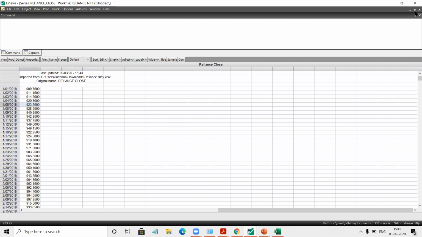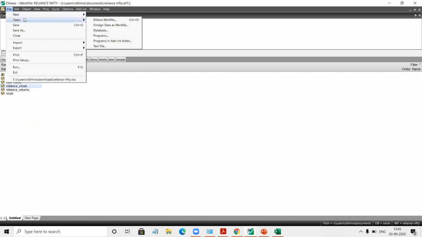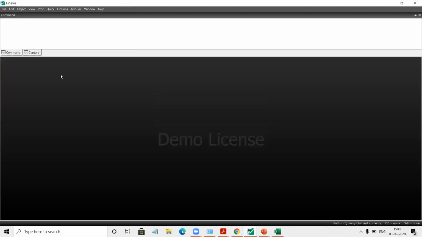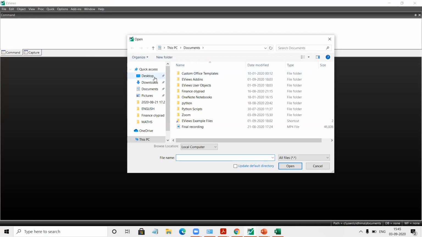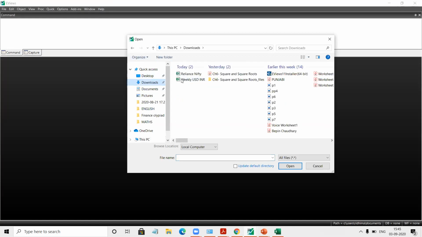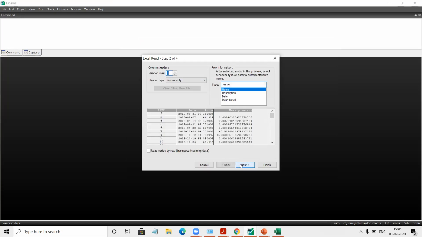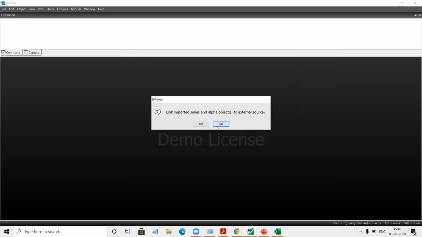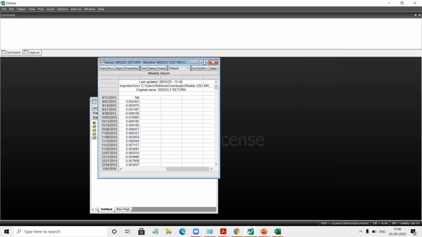I will just show you another example of how we can use this. Let's close this once. Let's go to file, open, foreign data as work file, and this time I am opening the prices of USD INR, weekly. So I have this sheet with weekly prices and weekly returns. Let's say I am opening the weekly returns